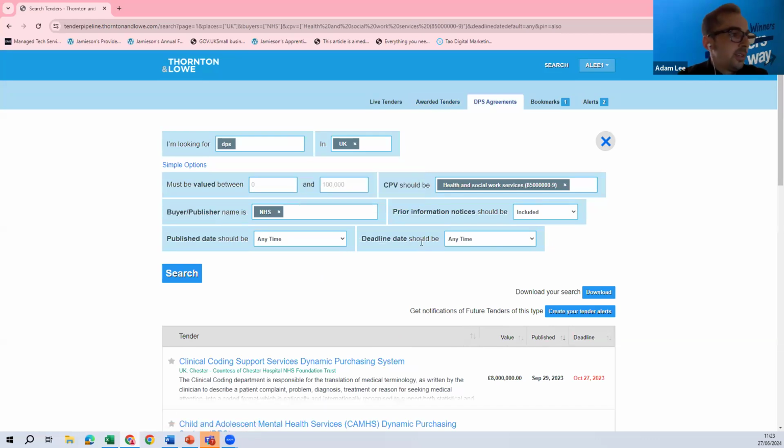So that's the DPS agreement aspect of it. And with that, we kind of covered the live tender search element. So obviously that's great, to be fair. We're getting live tender opportunities, or we're getting the pre-engagement notices. It's all good information. We might decide to bid based on our bid no bid process, but crucially with these